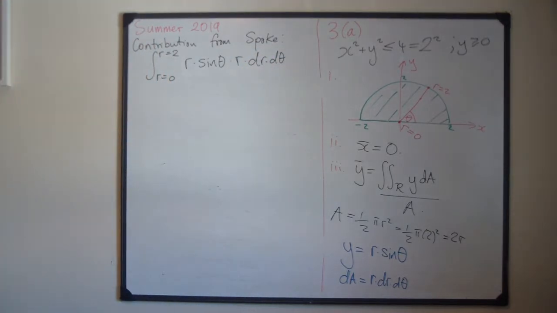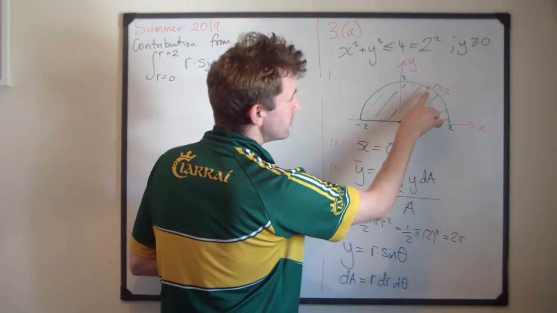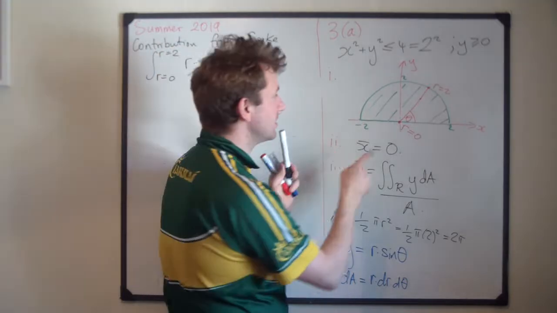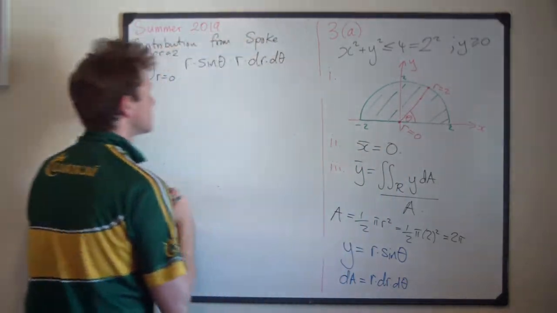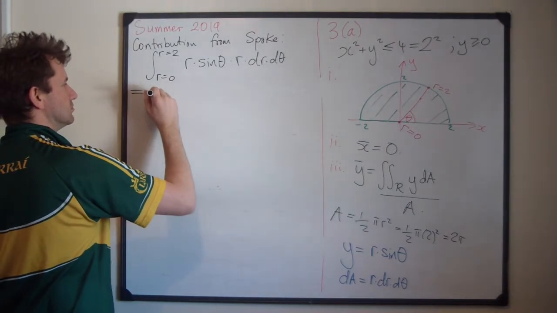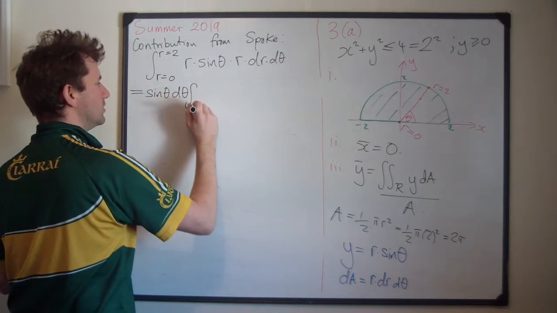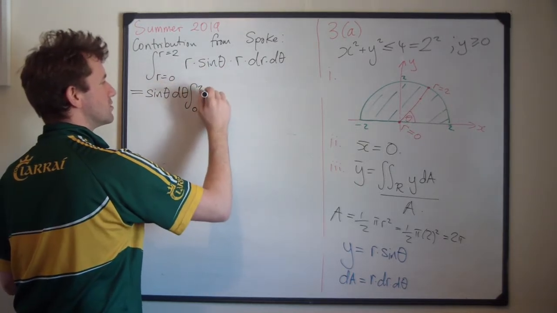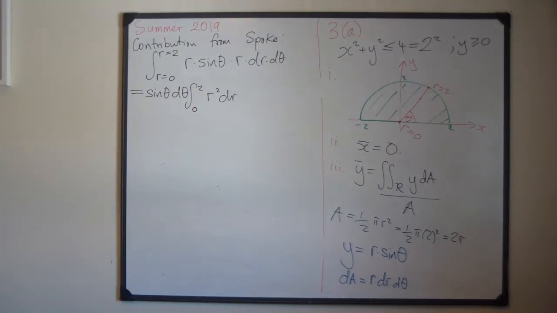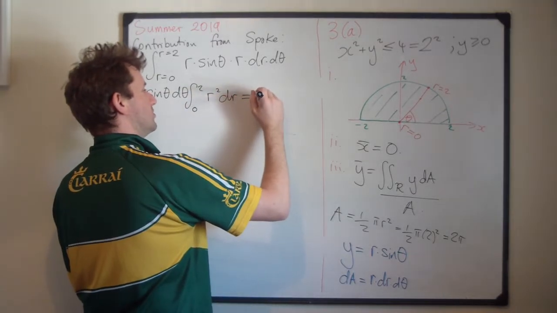Okay. Now what's very important is along this spoke, d theta is actually a very, very narrow pizza slice, and d theta is the angle that the pizza makes, and that's constant, and theta is constant, so we can take out everything that isn't r as a constant. And we're left with the integral from 0 to 2, r by r is r squared